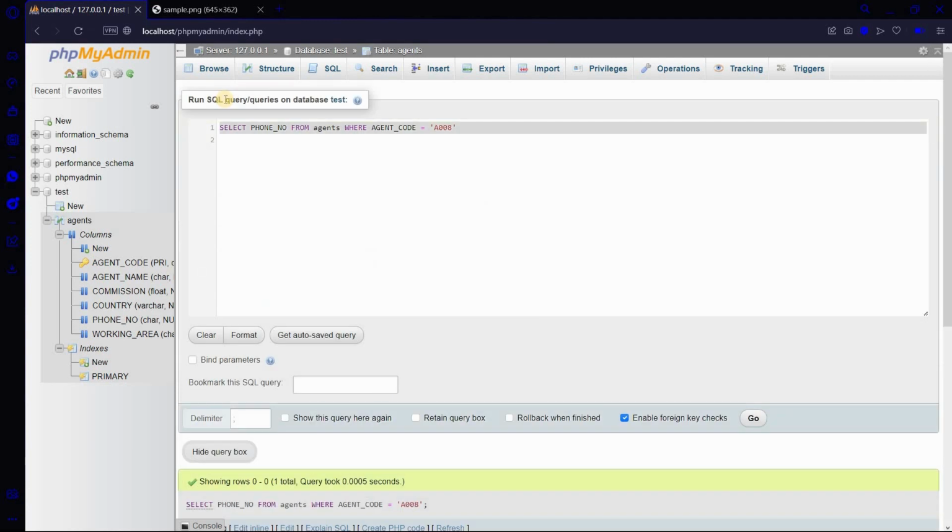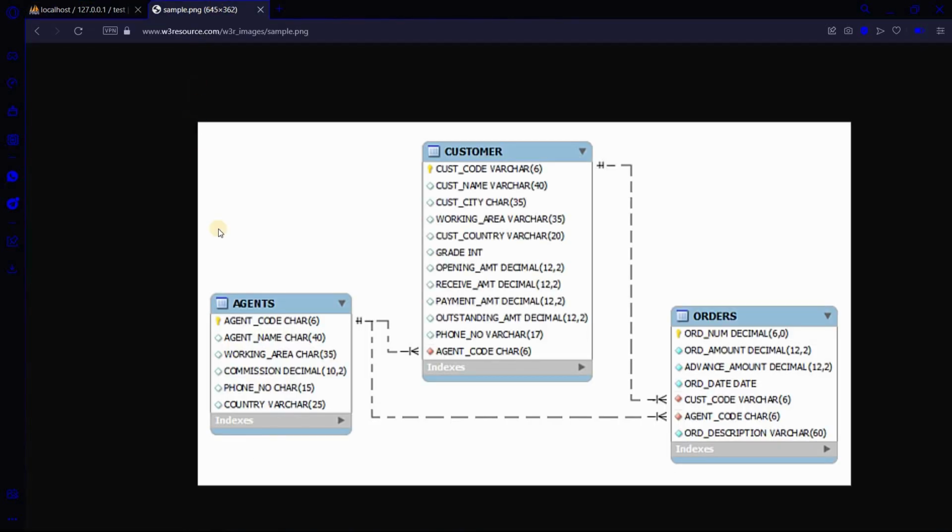Now we have covered the basics of our CRUD operations. Let's move on to primary keys and foreign keys. Let me show you this image again so that you understand how relations are related to each other. You may pause the video to check it again.